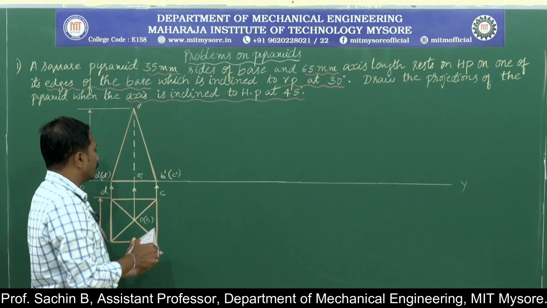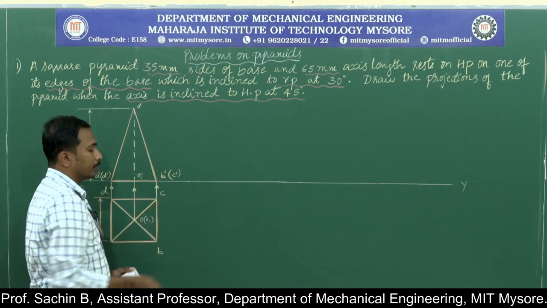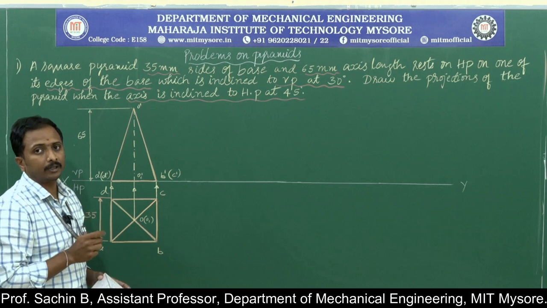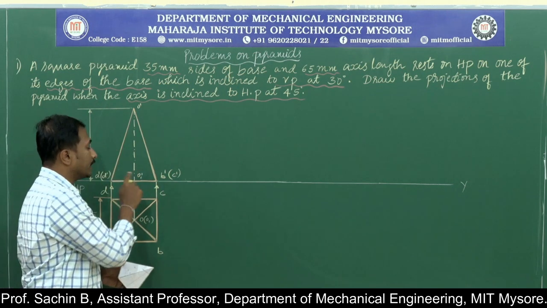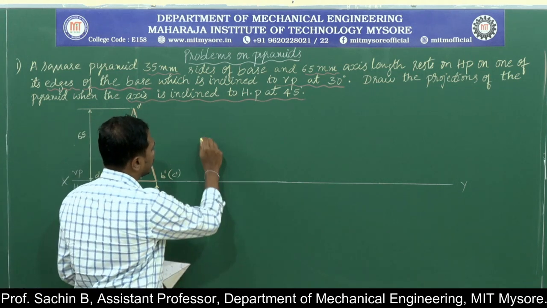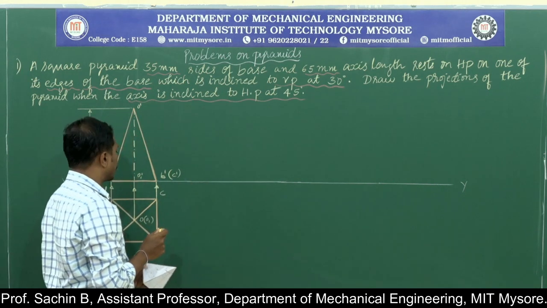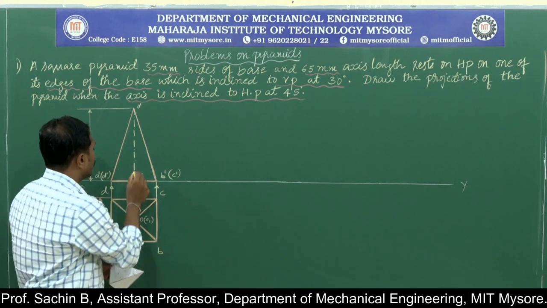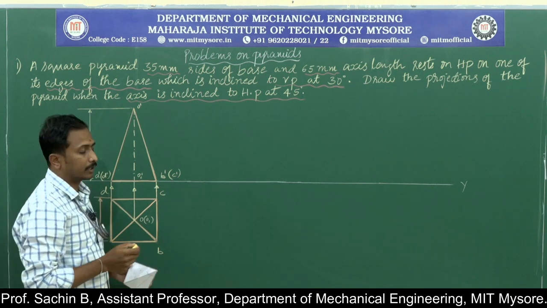Now, when it comes to that particular point, here one more important point you need to remember, that is nothing about, here axis is inclined at 45 degree to HP, not the slant edge. That is very much important. Only the axis is inclined. Now when it comes to that particular point, if I write the axis 45 degree, many of the students will get confused how they have written their angle. Based on that, here how much is the angle they gave to incline to HP at 45 degree,